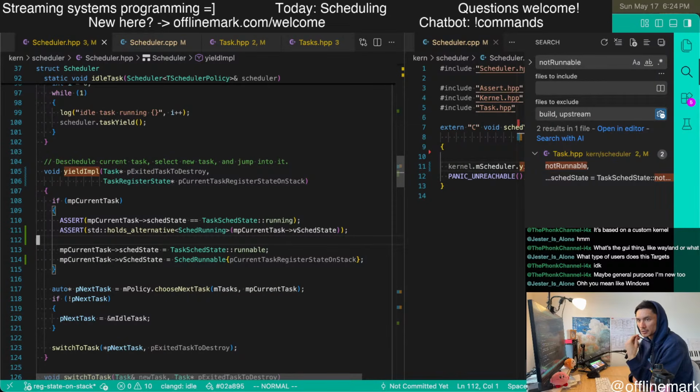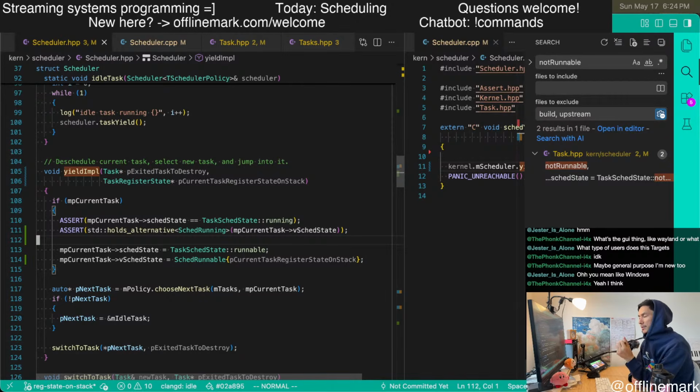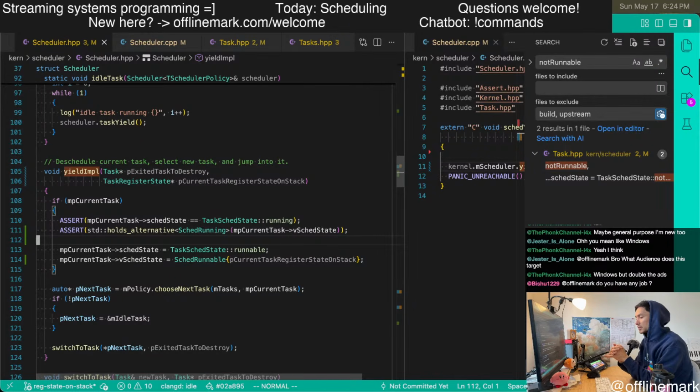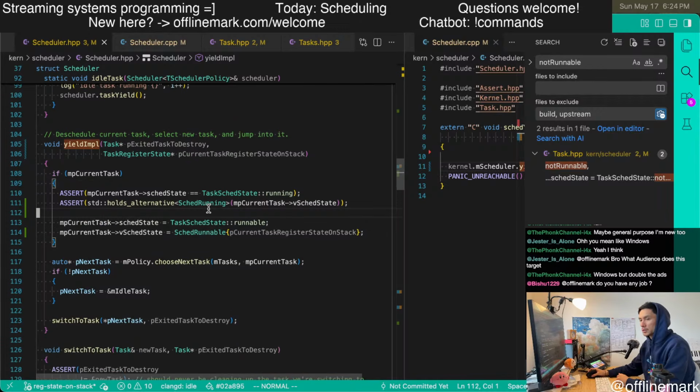Yeah, custom kernel. I mean, the OS right now is sort of seeming to be like a real-time OS. So it's not really meant to be a general purpose desktop OS. So yeah, not really meant for like users per se. More, I'm thinking more like embedded devices, that kind of stuff. Maybe even microcontrollers, chips, stuff like this.